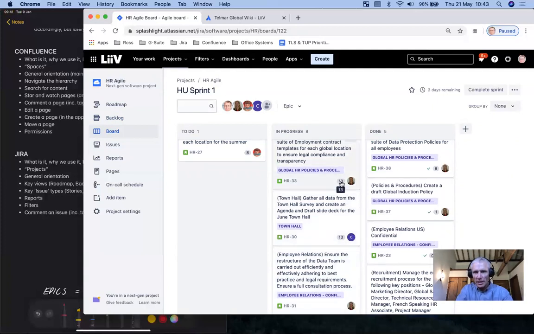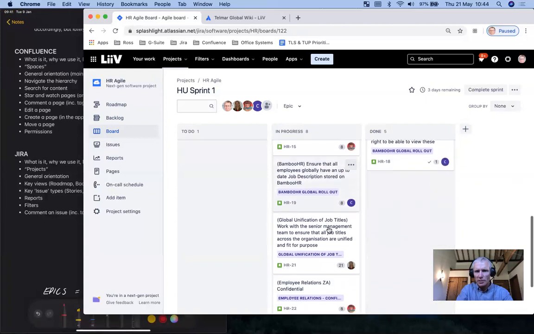This little number here, these are called story points. This is a measure of size or level of effort. So we can see this is a very small item, a couple of hours. 8, I think, is 3 to 5 days. There's a key that we use for story points. And this is significantly larger. And so this is great.